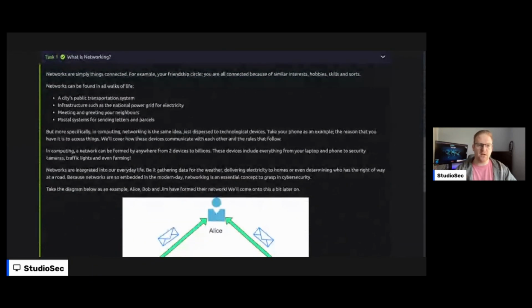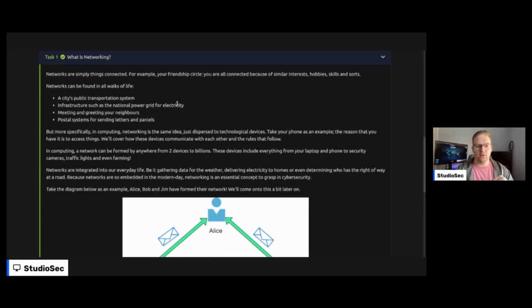So what is networking? Well, it can be found in all walks of life, as they say. Take the public transportation system: how is it that buses are being tracked by your central command and control node, which allows them to track that this bus is on time, this bus is late, this one's ahead of schedule, these drivers are going to be off their shift in a minute, these ones are coming on a shift, and how we get these buses in. It's a giant puzzle, and it all requires networking.